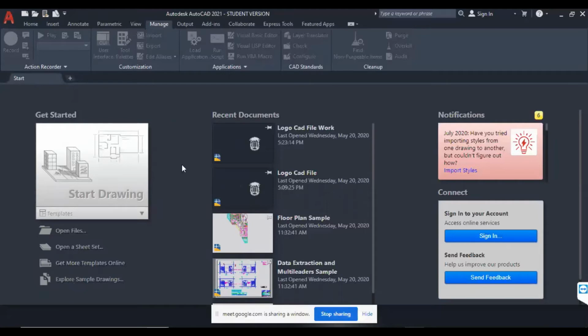Good evening to everybody. Today's session, we are going to discuss coordinate systems, zoom, grid, pan. That's our syllabus today. Before going to the coordinate system, I would like to introduce you to a few more things. For that, we will go to the AutoCAD software. As all of you know, we can open the software by a few means.